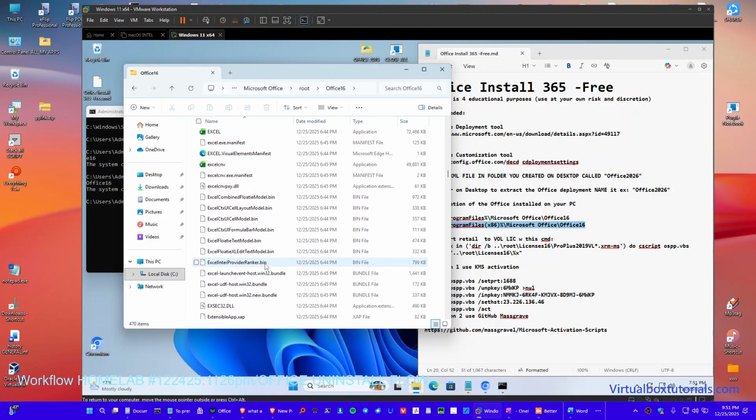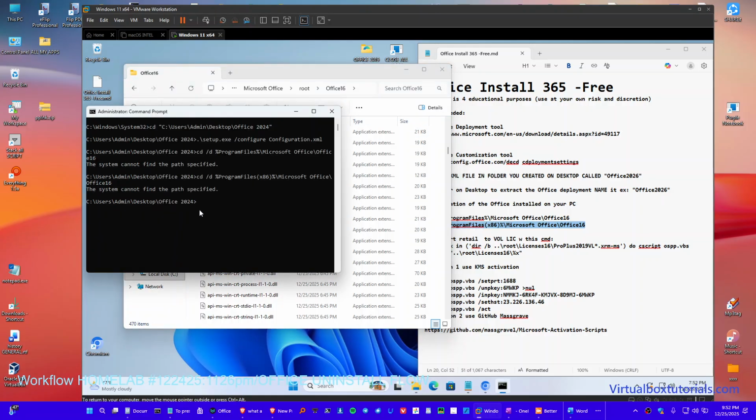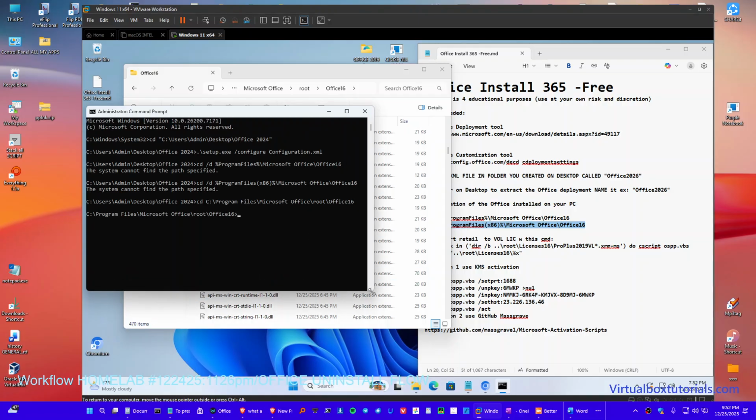So we need to copy this address as text. Just click on the bar, copy that address as text, copy, and then here we want to type CD space, Control V so we get into that path. Now we're in the root path. Now we can run this command,